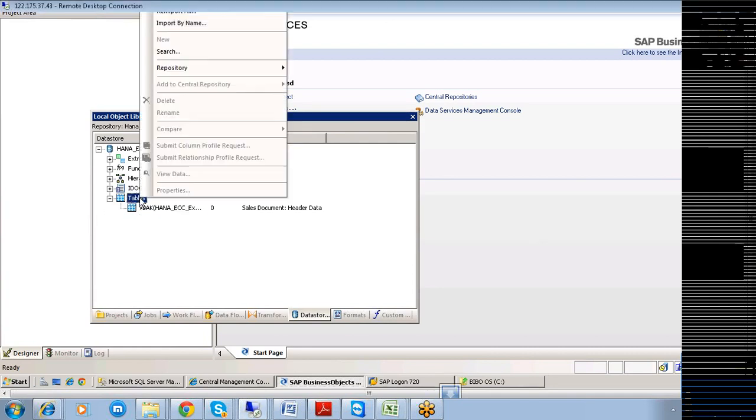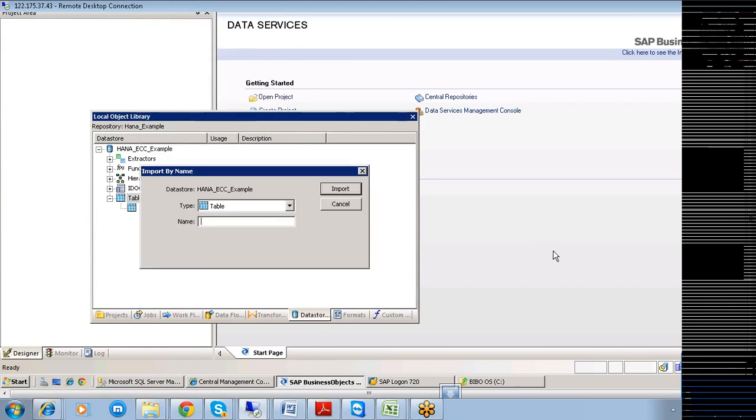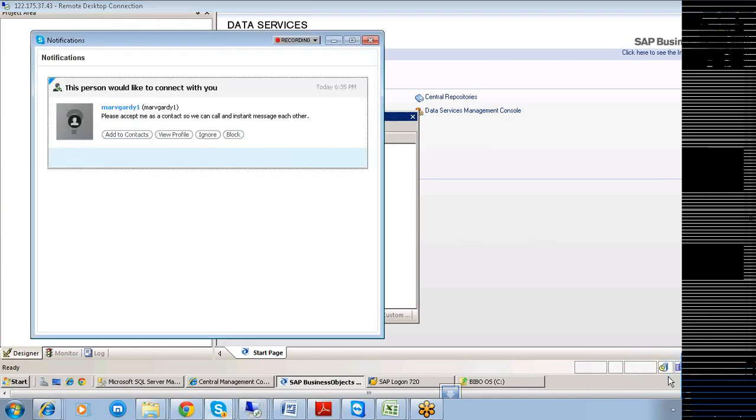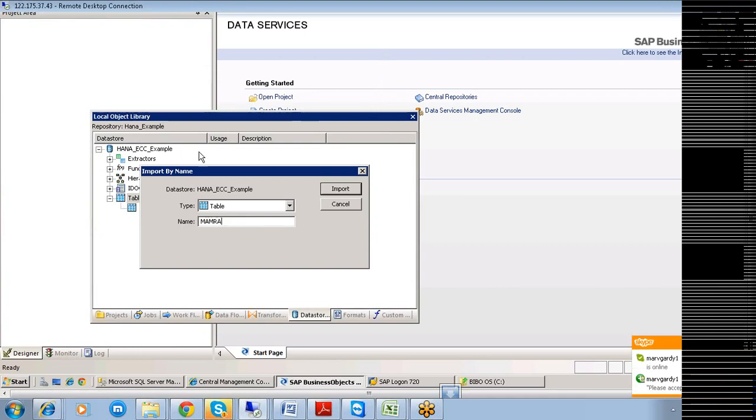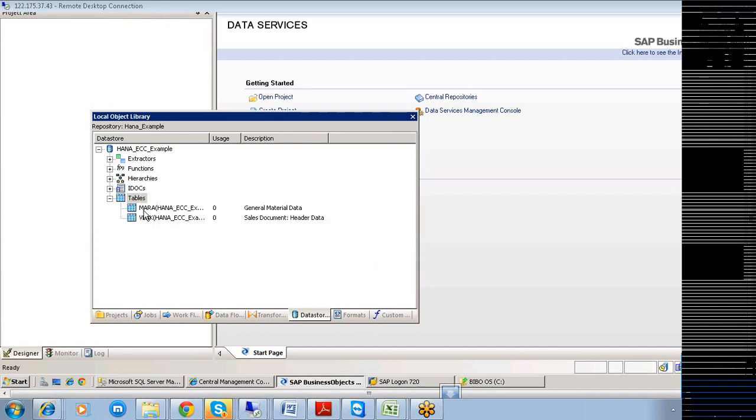Import by name, MARA, and run this import. So it is imported here.